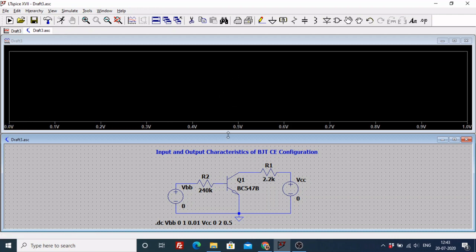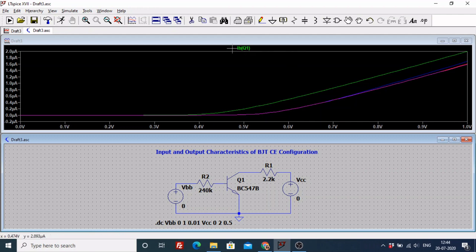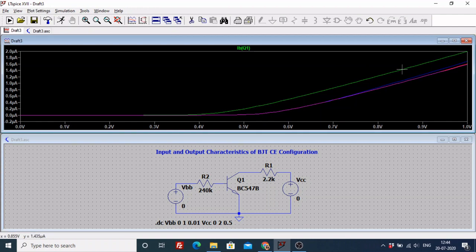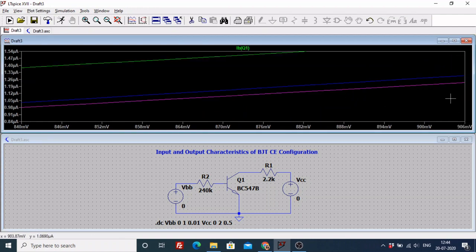So I can already see my scale is going from 0 to 1, that is the value of VBB. Now when you come over here to this screen and you get this red color probe, it will give you voltage. So I come here and you can see my probe has now changed, and if I click on this, I have got IB for Q1, that is base current for transistor Q1, and you can actually see only 3 lines. So if I come here and I zoom in, you can now see that there is one line that has slightly overlapped onto this, but there are 4 different lines for the values of VCE.